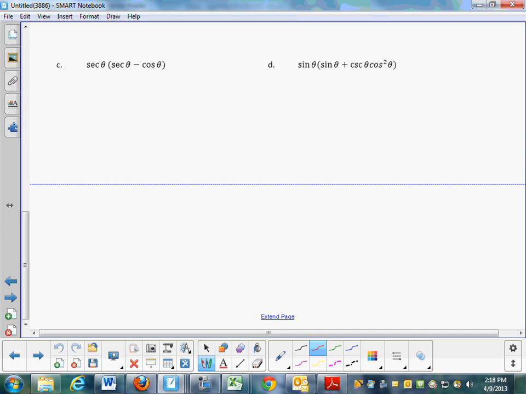All right. So, secant times secant minus cosine. Here's what we're doing today, okay? So, when you see that, I don't see anything squared. And what we learned yesterday is if you look on this helpful sheet that I put together for you, that you should try to put in your brain. As you're looking at this sheet, you want to try to find something that's squared, because if you got something that's squared, there's a lot of stuff you can insert, right? So, watch. If I distribute this through,